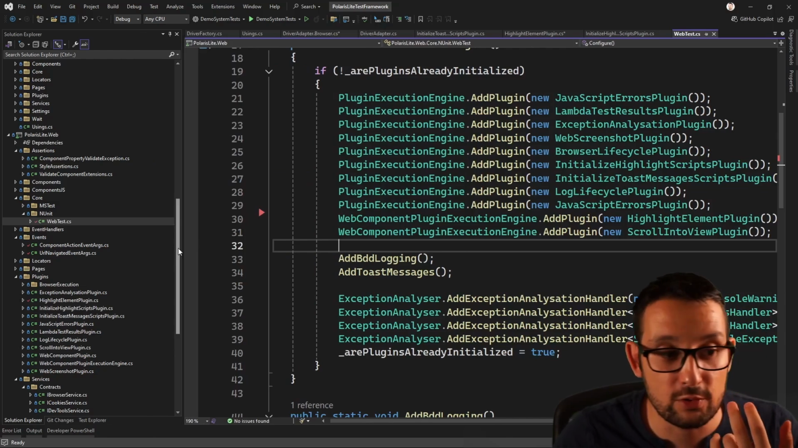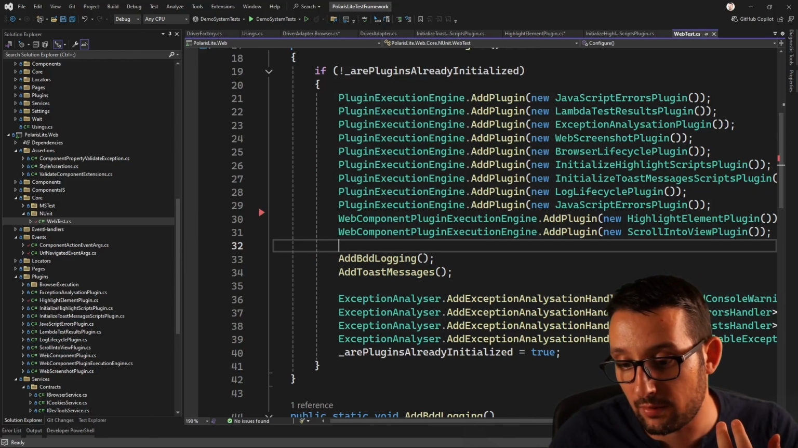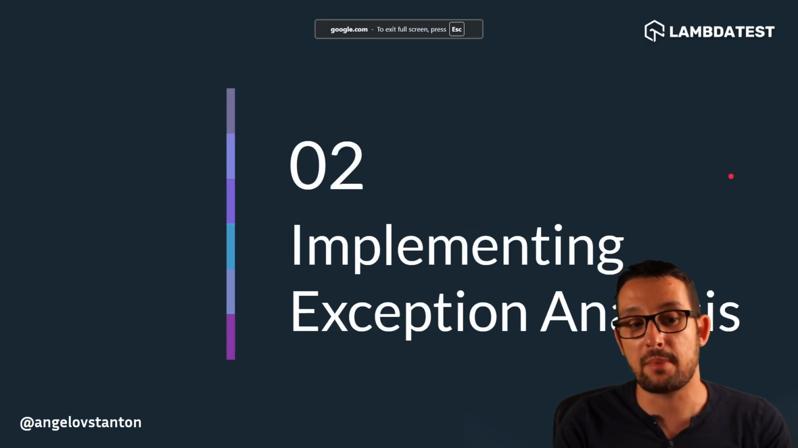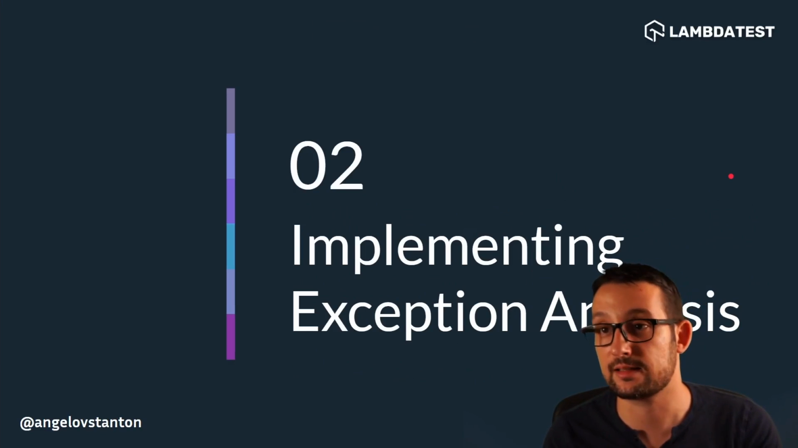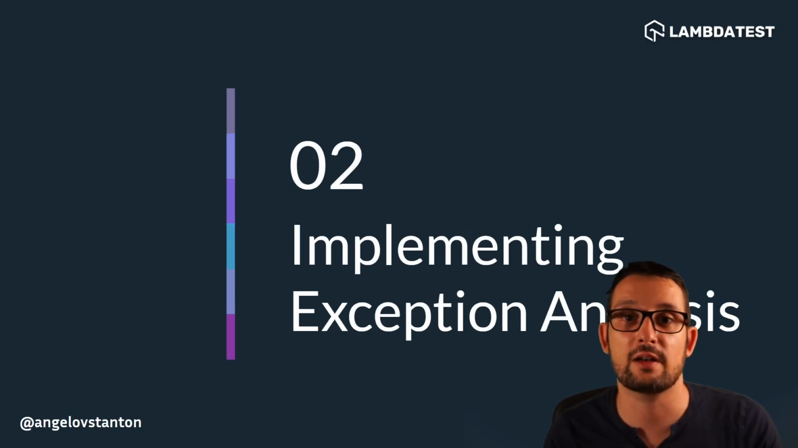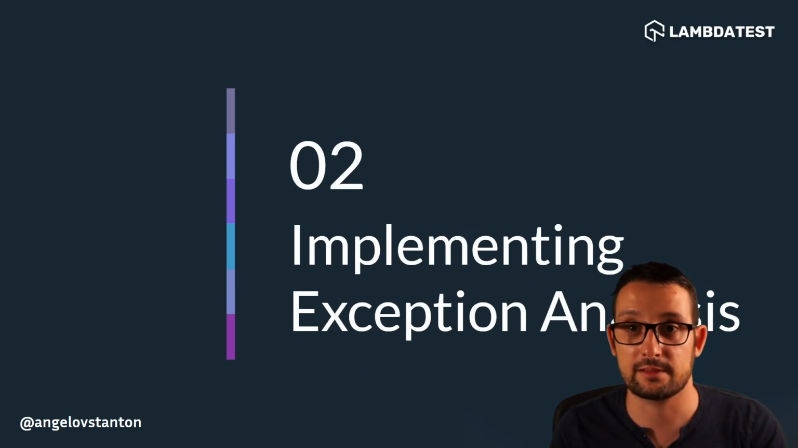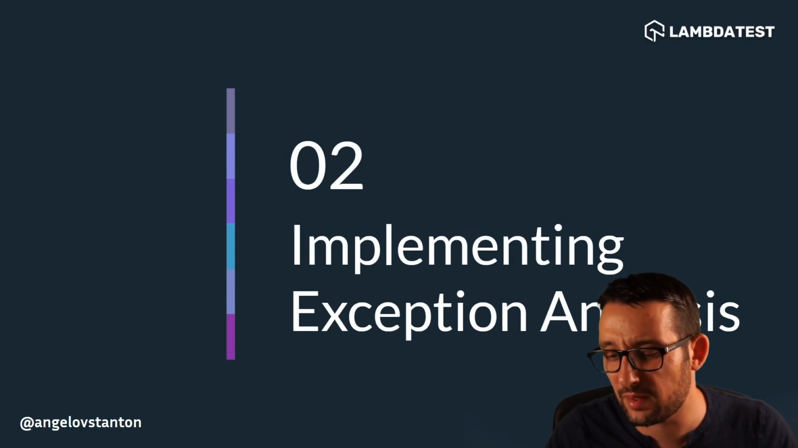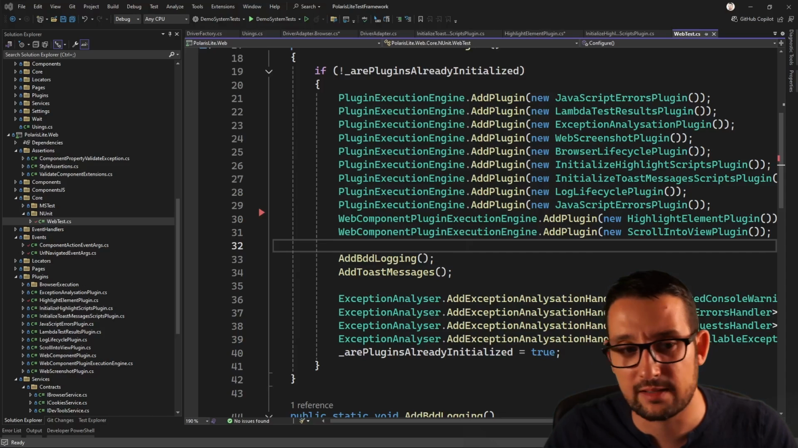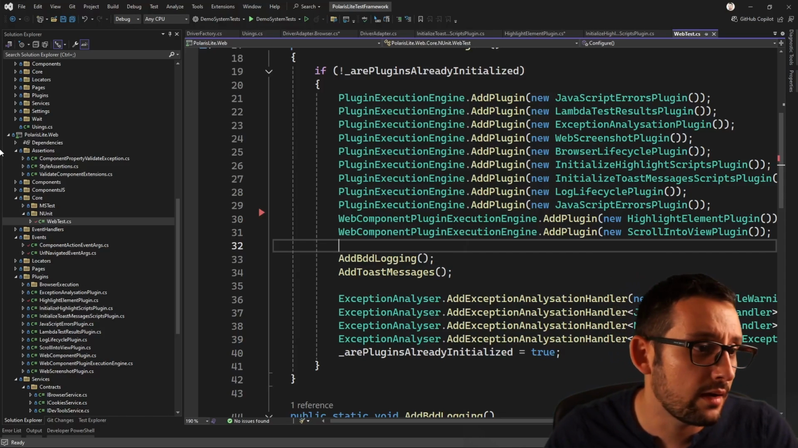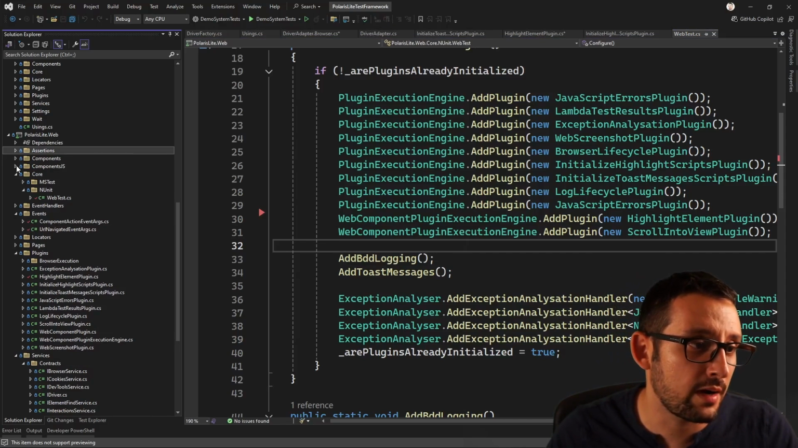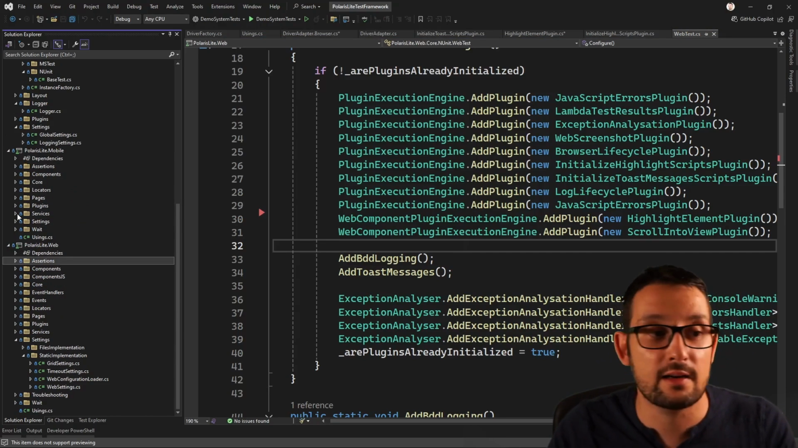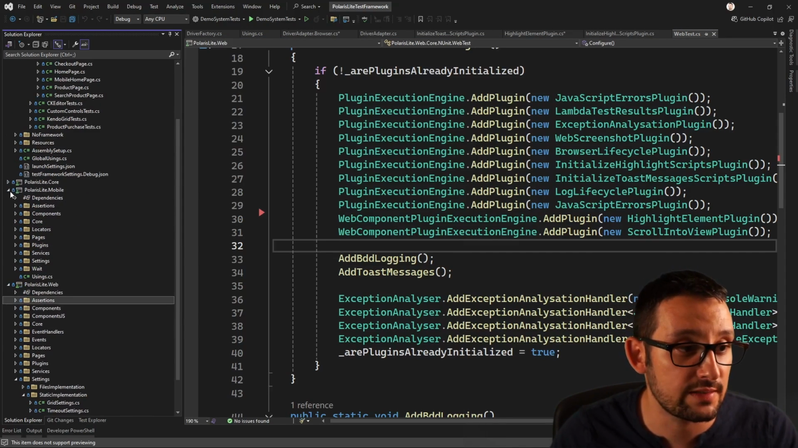What else did I want to show you? If we move to our presentation, the second point was about implementing the exception analysis, which implements the chain of responsibility design pattern. Again, I simplified it a little bit. It's not the full implementation, but a simpler one. The whole point about the exception analysis is that when a test fails for some reason,